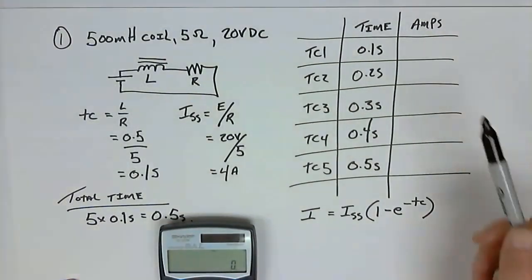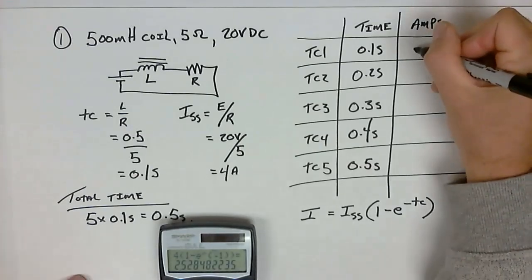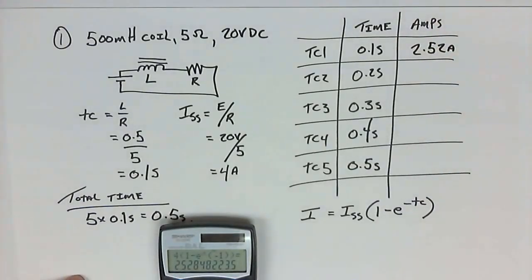At time constant 1, I have 4 amps, 1 minus, second function, ln button, negative 1, close bracket, equals 2.52 amps. That's a 63% rise from 0. Next one,